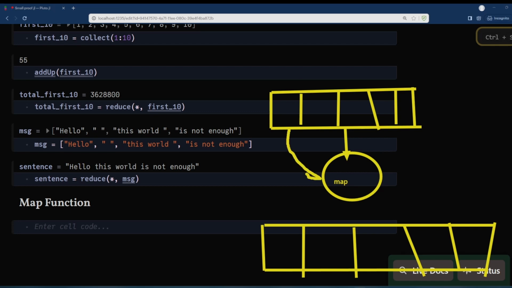The map function will take all of this, and it will perform the operation on each of these elements. So perform some function operation, then perform some function operation,